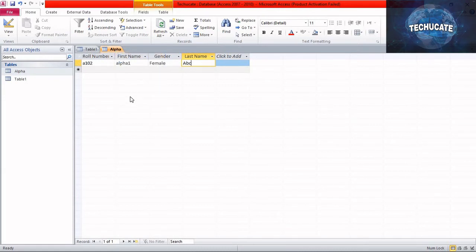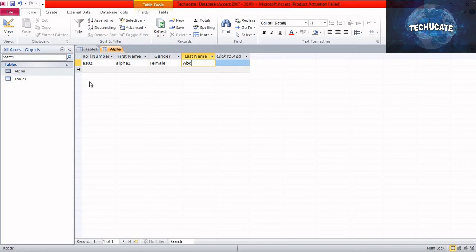Now save the table. Let's learn how to add the relationship between two entities. Now here we have only one alpha entity. In order to create the relationship for alpha with another entity, we need one more entity. For that, I'll take one attribute for a field as lookup. Lookup is nothing but a relationship between two entities.